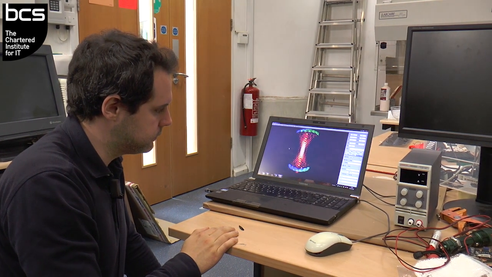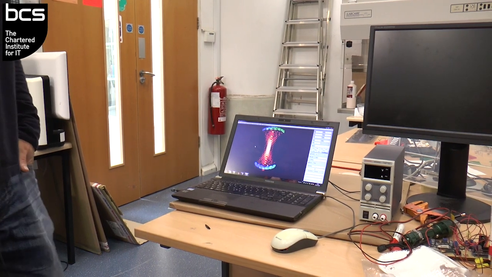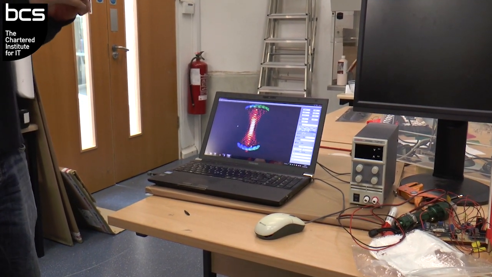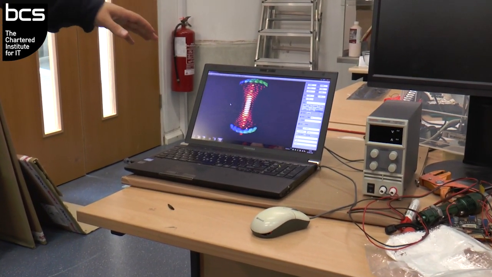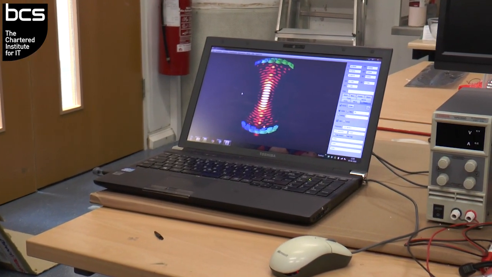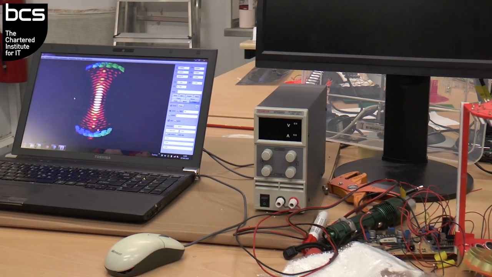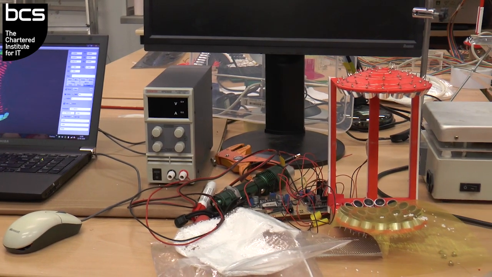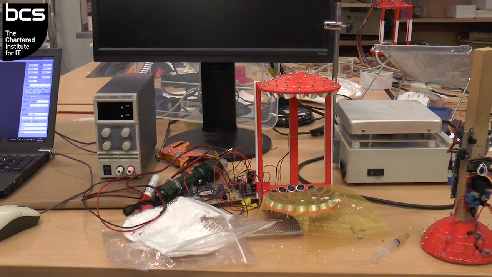So did you develop this software yourself, or is this something you managed to get off the shelf? No, it's software that across the years I've been putting together. It started as a very small code and then I kept adding more and more things. And it's basically what we use now to simulate and also to control the devices. Hence your background in computer science coming back to help you. Yeah, exactly. I think it was very fortunate that I was a computer scientist because I could put these simulations together quickly.